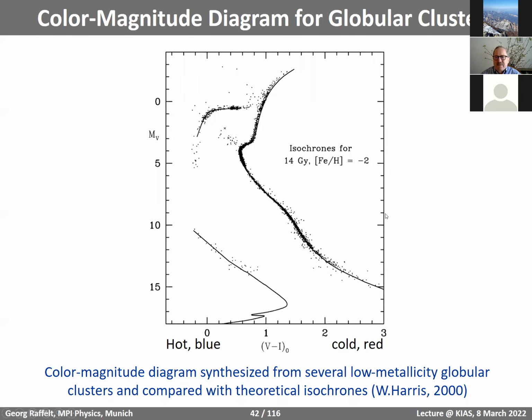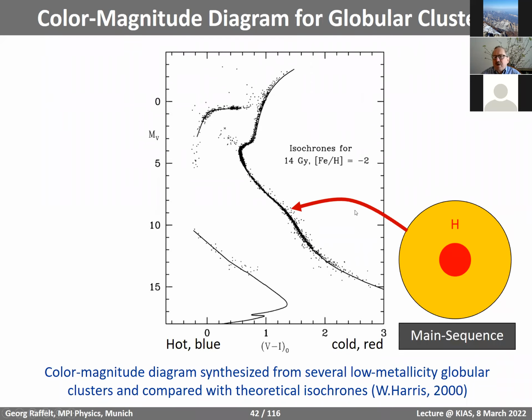So the globular cluster, again, slightly schematically, looks like this. The stars arranged by surface color and brightness look something like this. The stars here are the main sequence stars, like our sun. Here are the stars of different mass and therefore different size. More mass means bigger size and